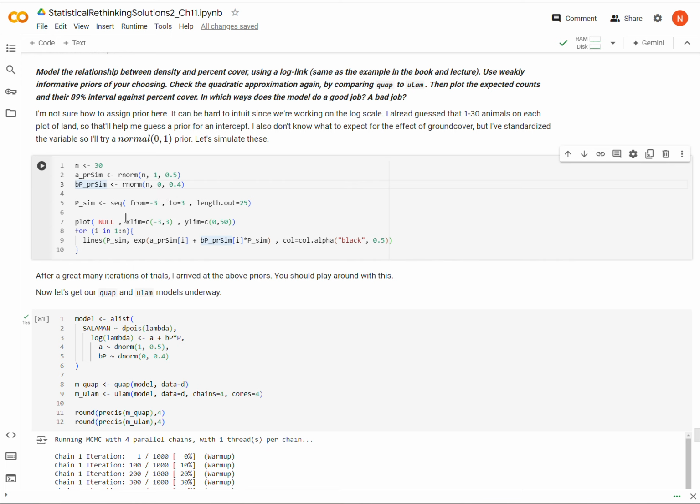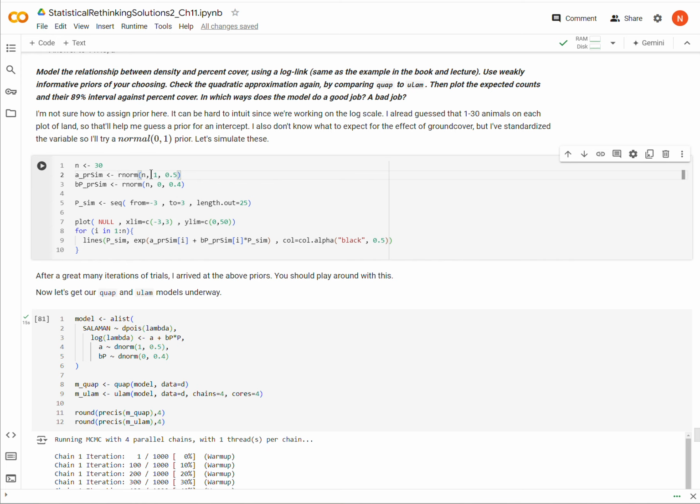Now, the way that I arrived at these was up here. Again, I assume that we need between 1 and 30 animals per plot, and so on the Poisson model, when we use a log link, here,